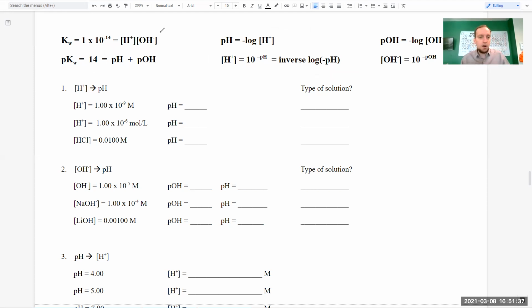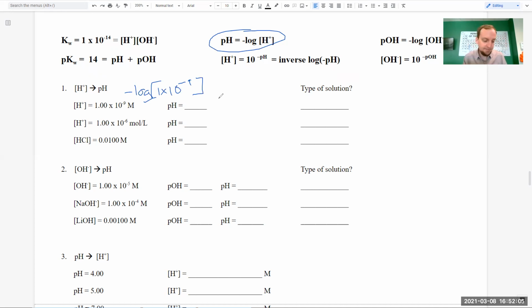All right, so what we have here for number 1 is we are given an H plus concentration. So what we're going to do is this equation here, because we are looking for the pH. Now I'm going to type into my calculator the negative log of 1 times 10 to the negative 9. And that will equal my answer. So on my calculator,